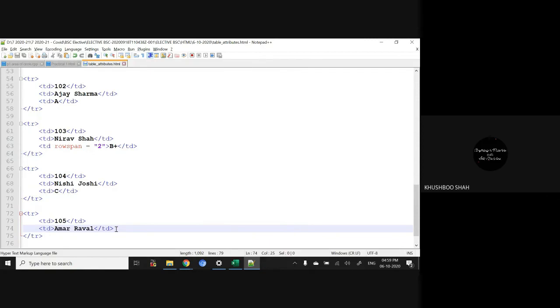In the 105 I am not writing anything. Guys, just look at the code, what I changed, then I'll open the output. Earlier the rowspan of 2 was on Nishi Joshi, but now I have put the 2 rowspan on Nirav Shah. So now let's check out the output.